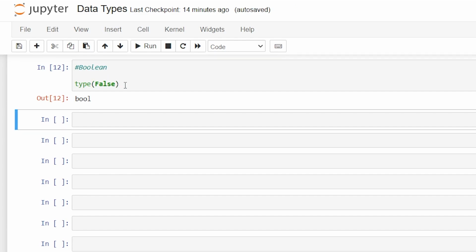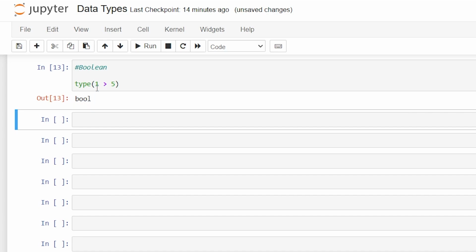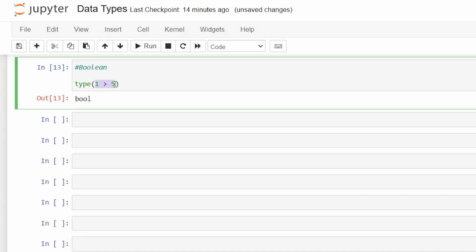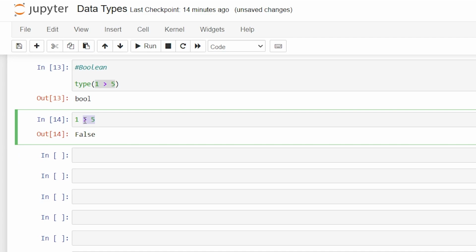And this can be used with something like a comparison operator. So let's say 1 is greater than 5. And let's check this. This is giving us a Boolean because it's telling us whether 1 is greater than 5. Let's bring that right down here. This will give us a false. So it's telling us that 1 is not greater than 5. And just as we got a false, we can say 1 is equal to 1, and this should give us